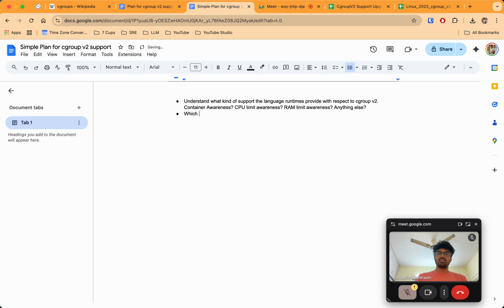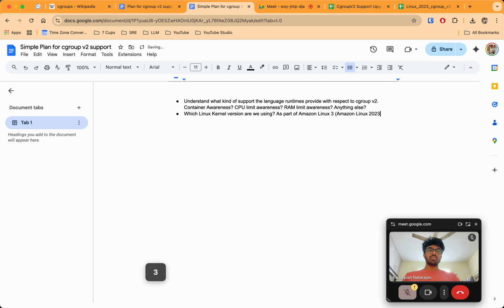Which Linux kernel version are we using as part of Amazon Linux 3, which is Amazon Linux 2023?